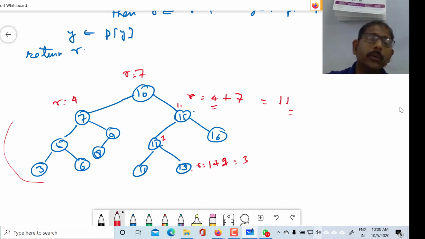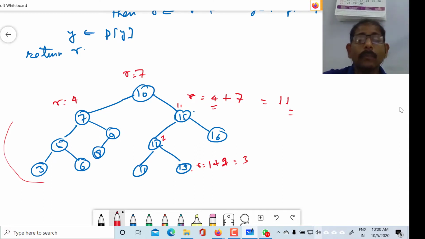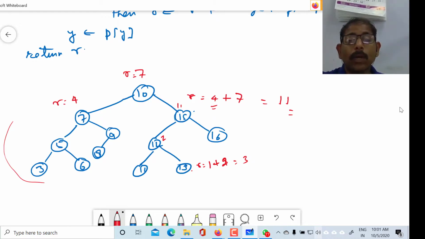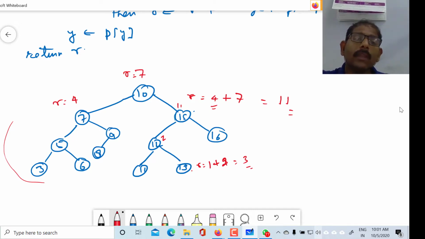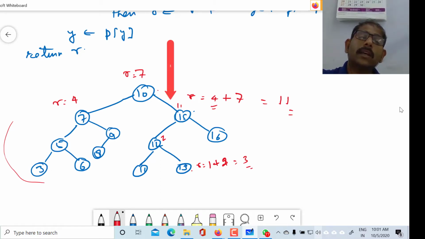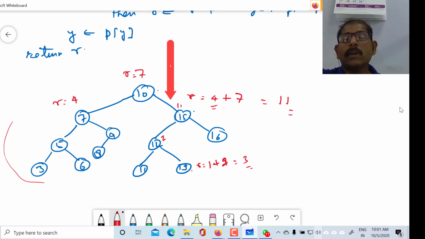So here, the local rank of 13 was 1, and by the algorithm you add the rank of its parent and it becomes 3. And because in this hierarchy the chain breaks at this place, since 15 was the right child of 10, the rank of 10 was 7.